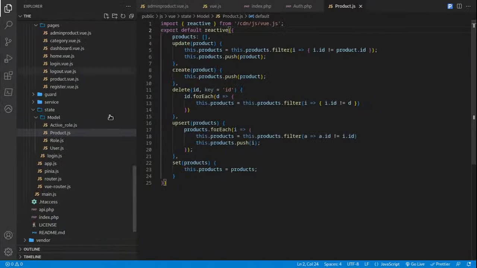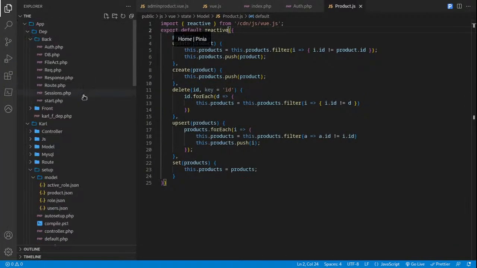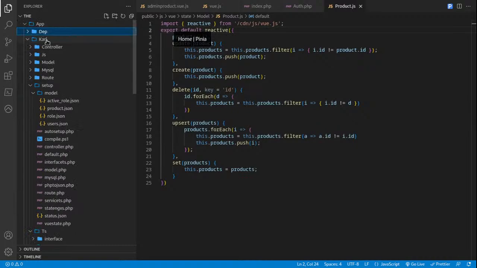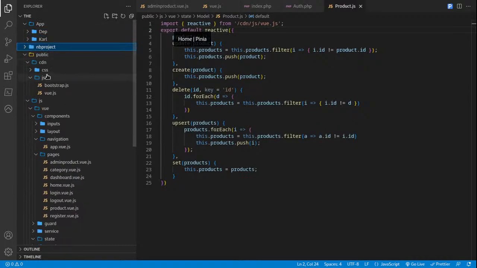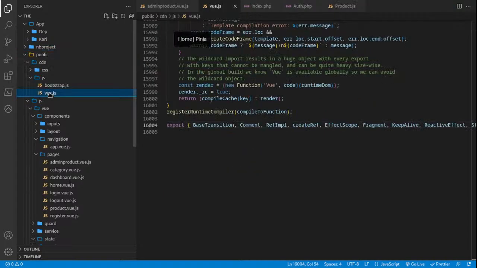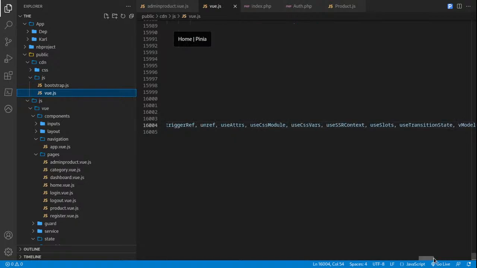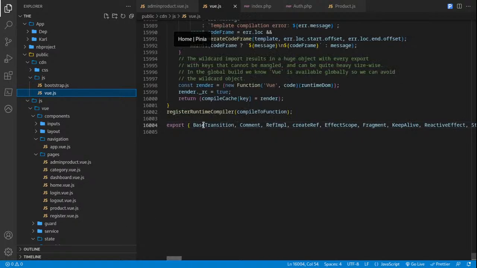That's why last time I changed, first of all, let's close the backend here. That's why there is a Vue.js here, because it has some restricted exports, so I put as many exports as possible here,